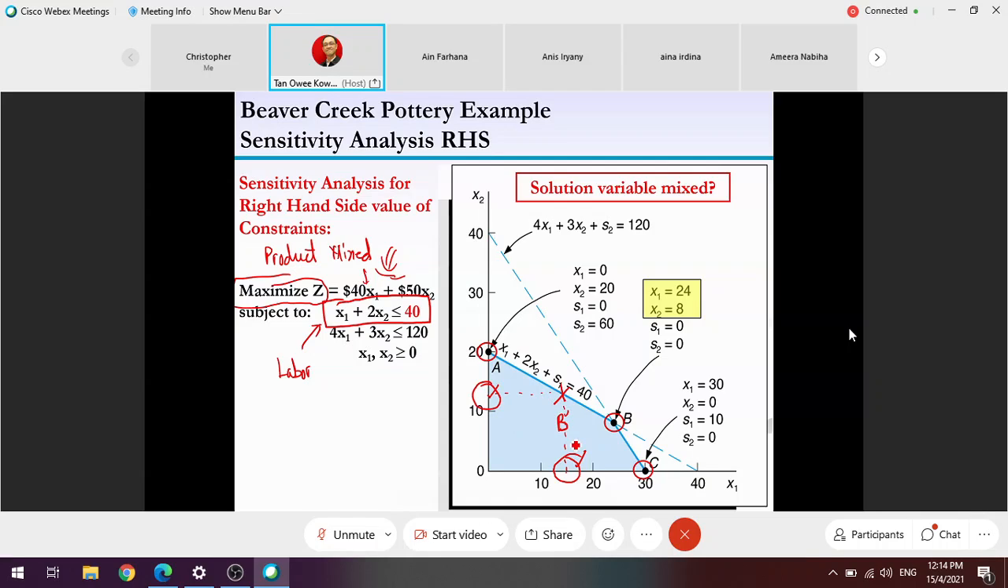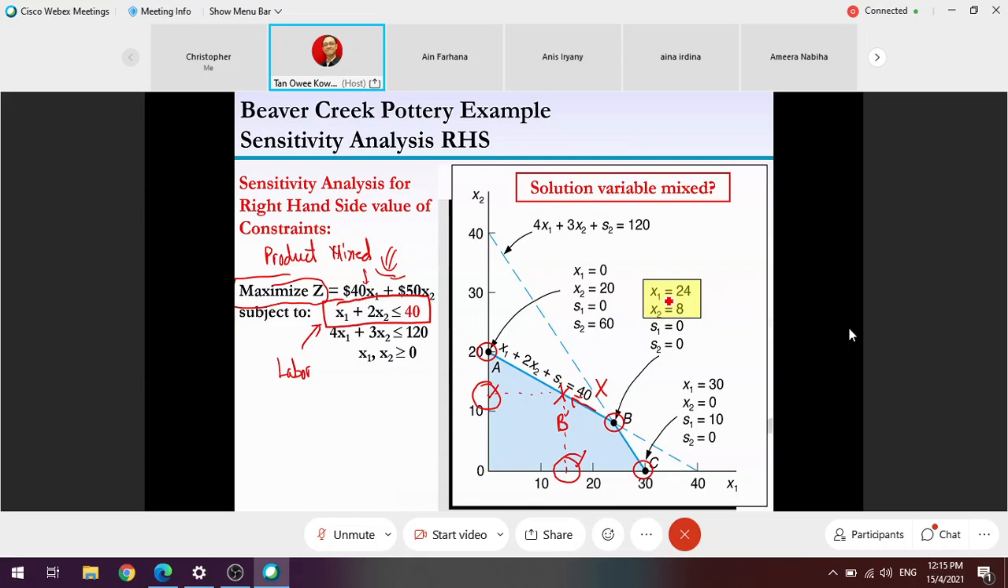Agree. Therefore, we are saying that changing from B to B dash, there's no change on the solution variable mix. Why? Because at B, the solution proposed me to produce both models. At B dash, the same, also asked me to produce two models. So from B to B dash, the quantity of ball and mug produced changes, but the solution variable mix does not change. It still produces a certain quantity of ball and a certain